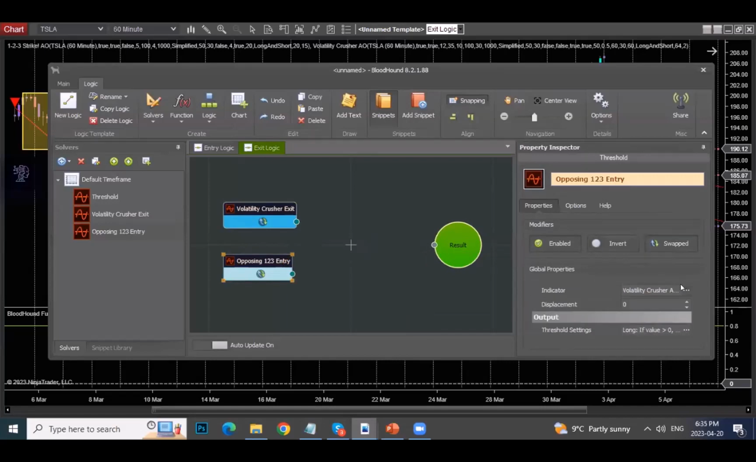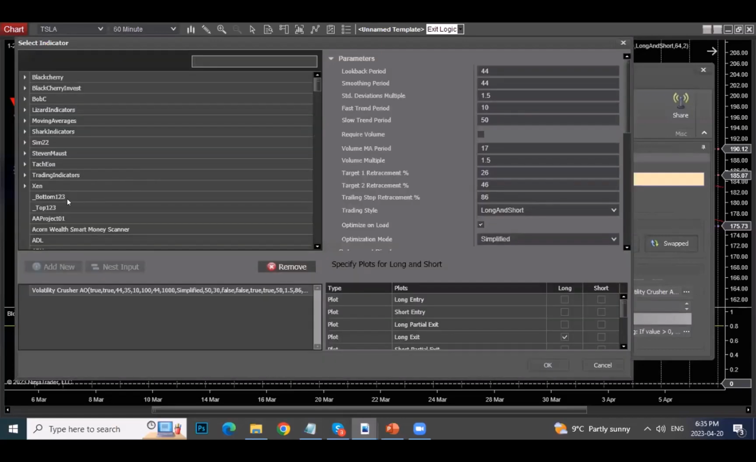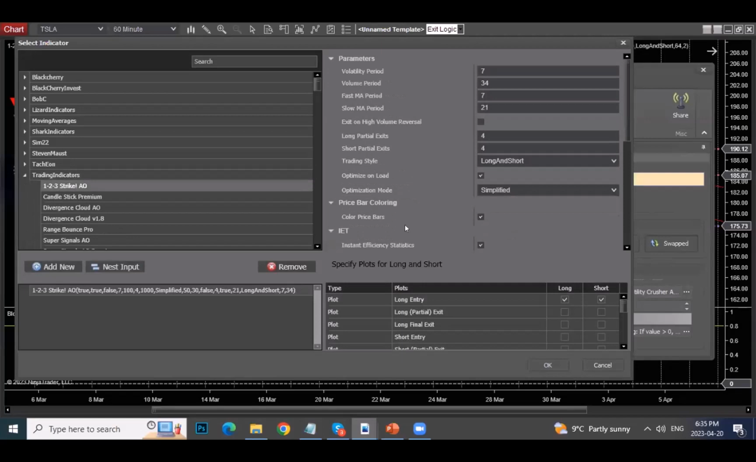So the indicator for this threshold doesn't need to be Volatility Crusher. It should be 1, 2, 3 strike AO. Go to trading indicators, 1, 2, 3 strike AO. And for our long exits, we want that to happen